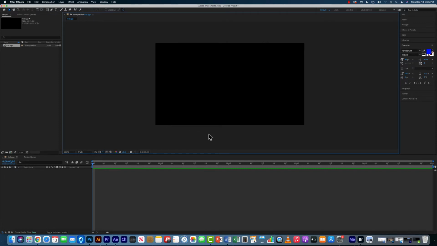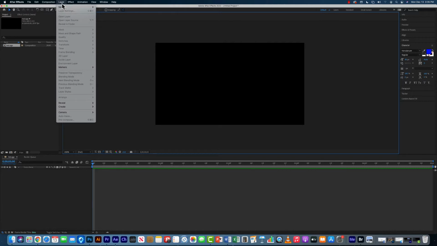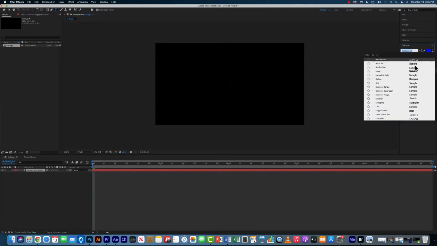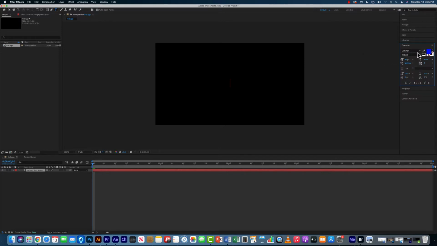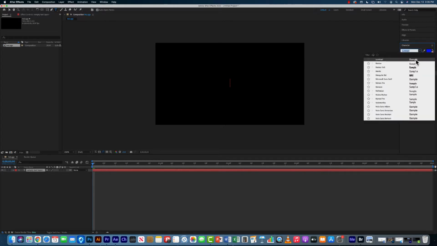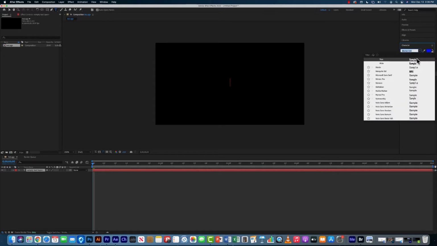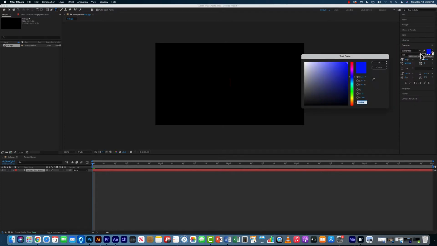Okay. Now we're going to go up here to Layer, New, Text, click, and before I start typing, I can come here and under Character, I can pick the font I might want to use. Previews here on the side, you can kind of see what it looks like. Just make sure it says it's in English, okay. I'm going to go with marker felt, and then also pick the color you want your logo to be, and